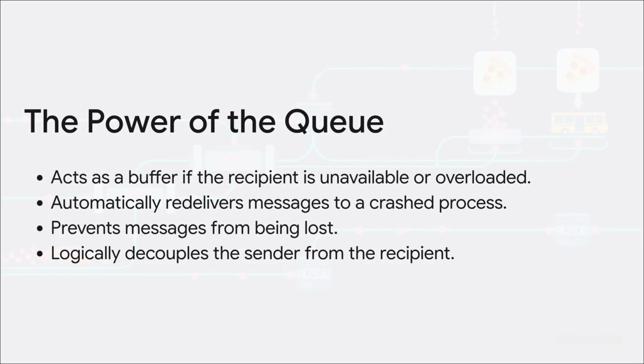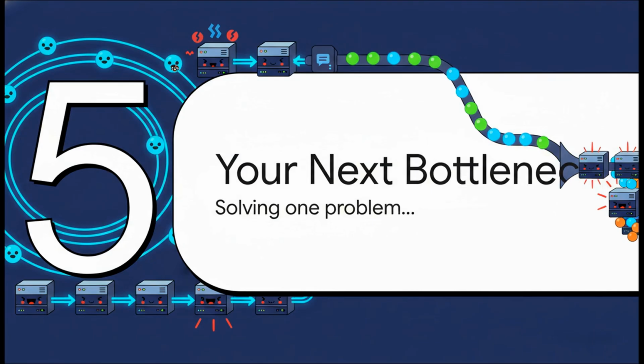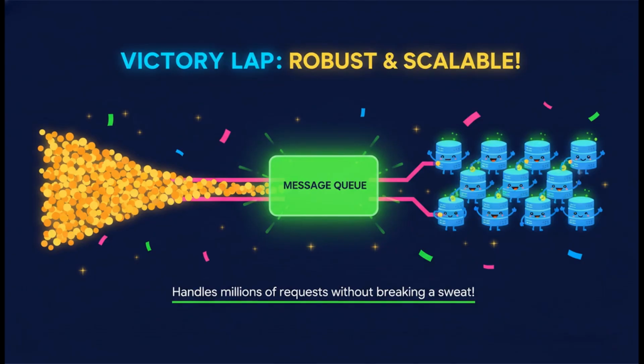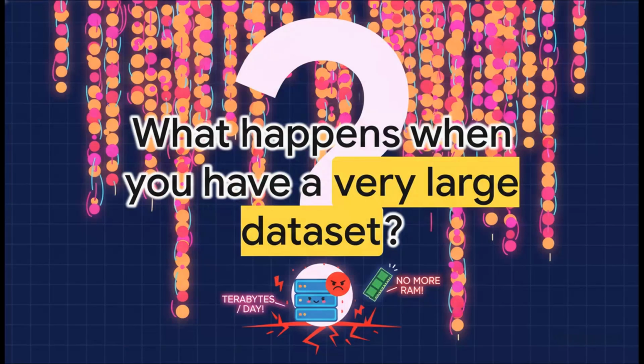Now that is resilience. All right, so we did it. By putting in a message queue, we've totally solved our viral overload problem. But here's a secret of system design. Solving one bottleneck, well, it always reveals the next one. But first, let's just take a moment and celebrate. Our system for handling these big, slow background jobs is now robust, it's scalable, it's practically invincible. We can handle millions of photo generations. We are absolutely crushing it.